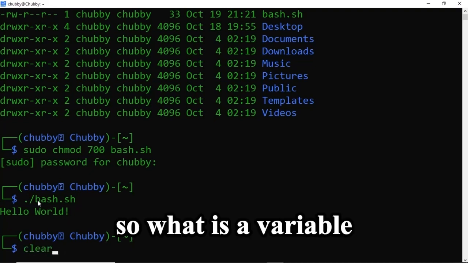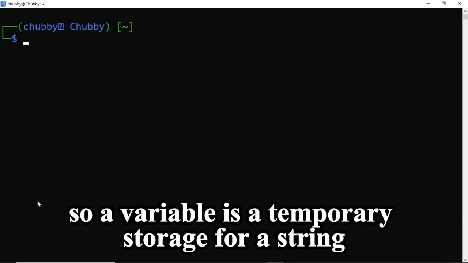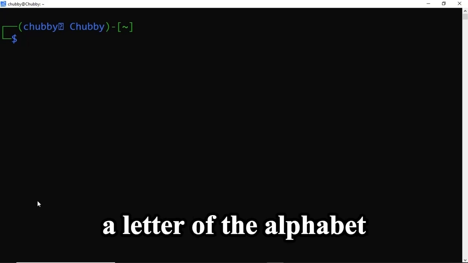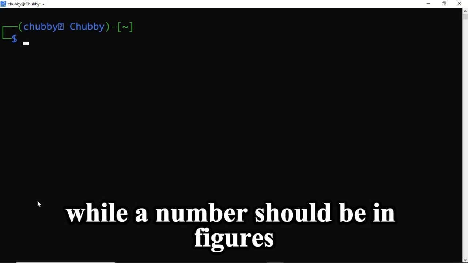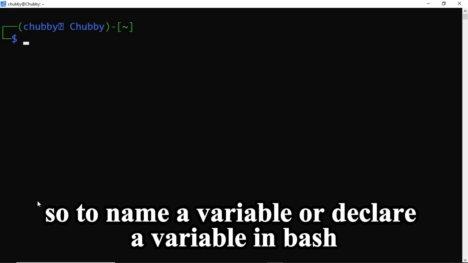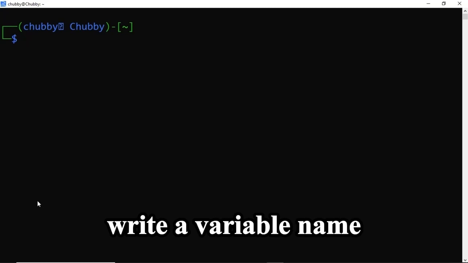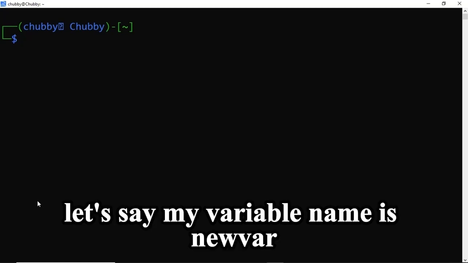So what is a variable? A variable is a temporary storage for a string or for a number. A string might be a sentence or a letter of the alphabet, while a number should be in figures. To name or declare a variable in Bash, we do it like this. We write the variable name. Let's say my variable name is newvar,